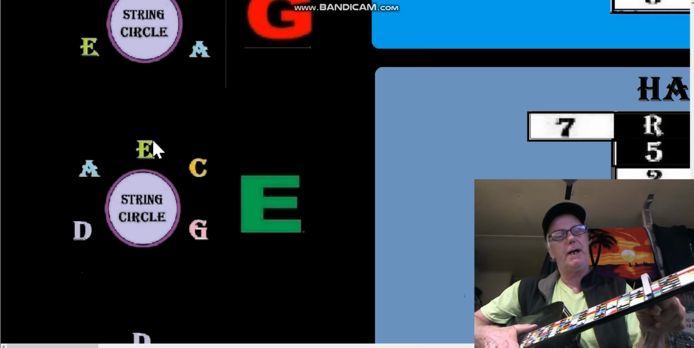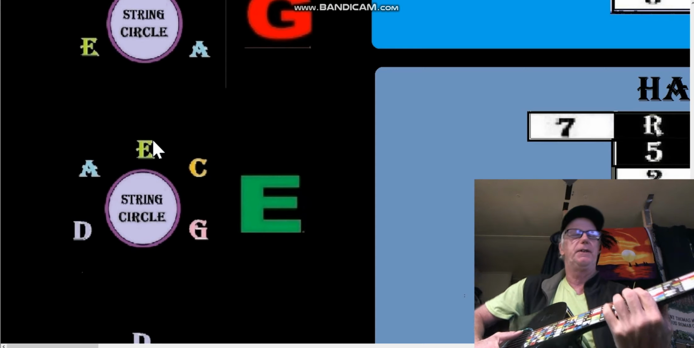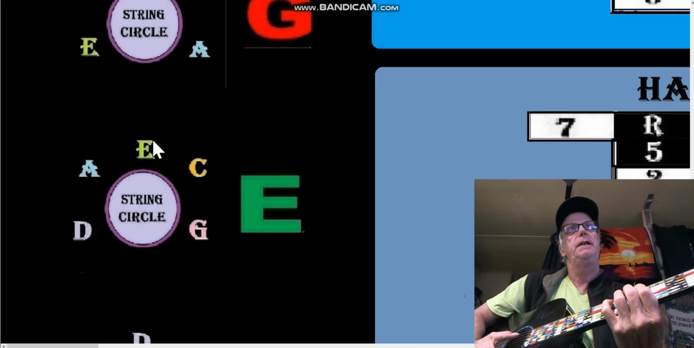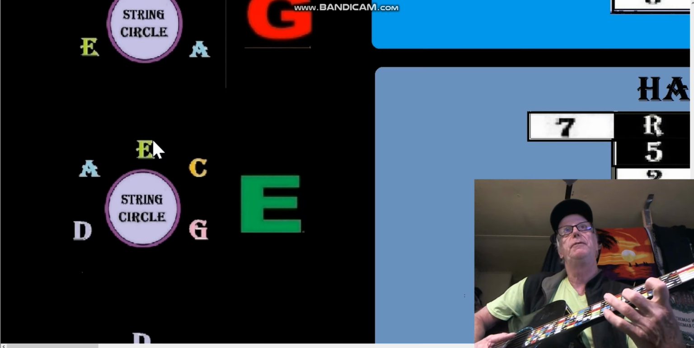I'm going to do it without the string shape now, but I'm still going to do it without the capo. I'm still going to use the F. So in E, we're going to go 7 root 2, 3, 4, 5, 6, 7 root for G,